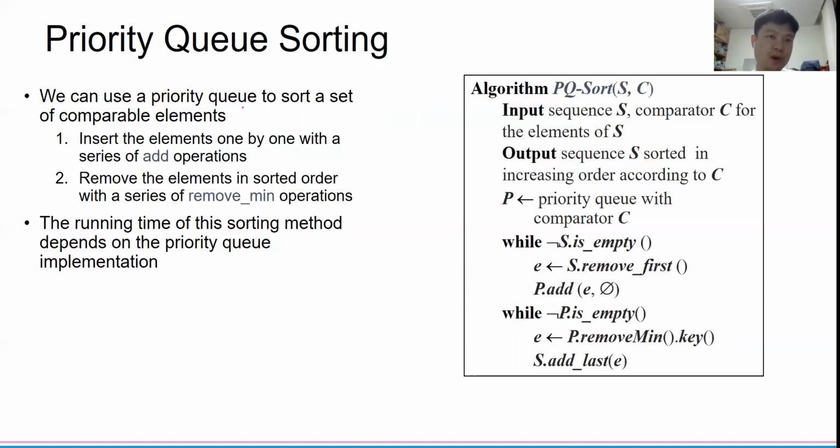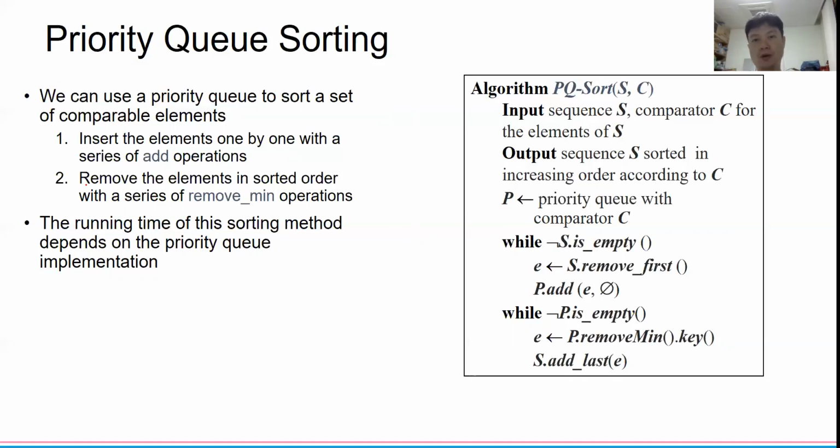So we can use a priority queue to sort a set of comparable elements. First, insert the elements one by one with a series of add operations, and then remove the elements in sorted order with a series of remove min operations. The running time of this sorting method depends on the priority queue implementation. I explained before: if you are using the unsorted one, you will have O(1) for inserting the element, and O(n) for